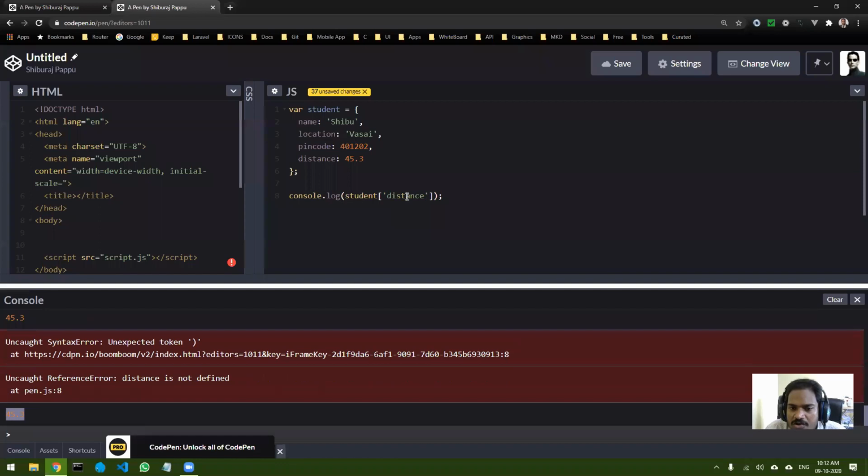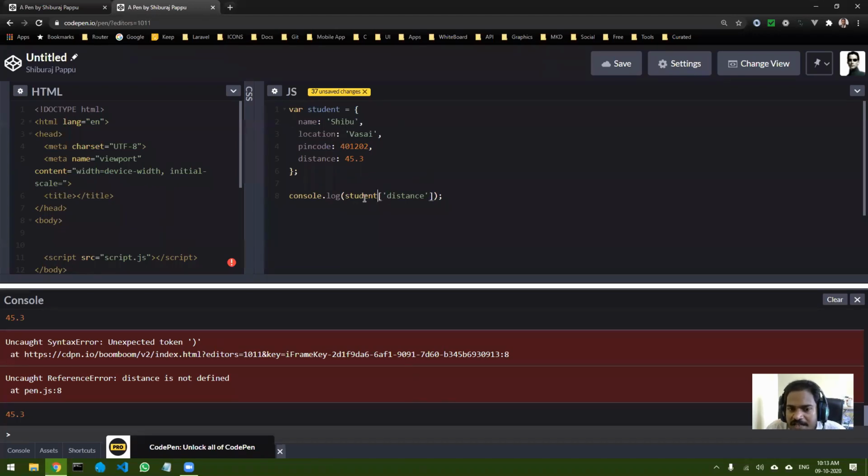Now you may think, why do we need two methods for accessing the same thing? I like to call this the array way of doing it. It's not an array, but since we are using square brackets to access it. The previous method is the actual object way of doing it.